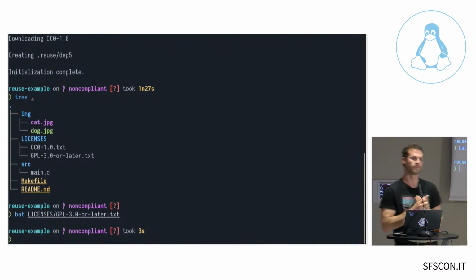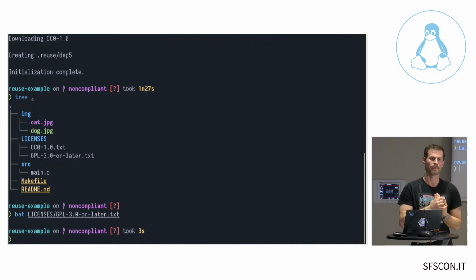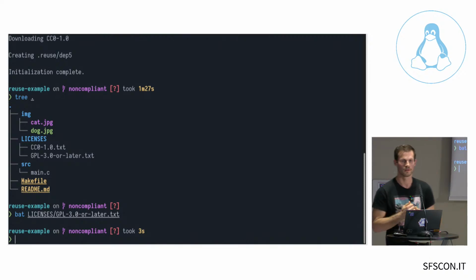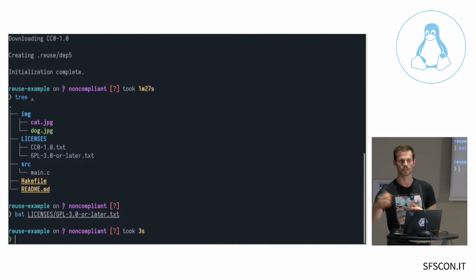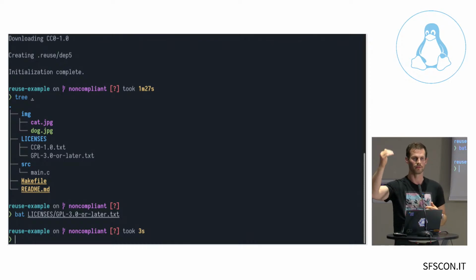So where do you download licenses from? Over the years there have been very different licenses, with different addresses from the FSFE, for example, and small changes in the formats and so on. Is there one specific place where you create all the licenses? Yes, this is where SPDX comes in, because they keep a ledger of the licenses and the